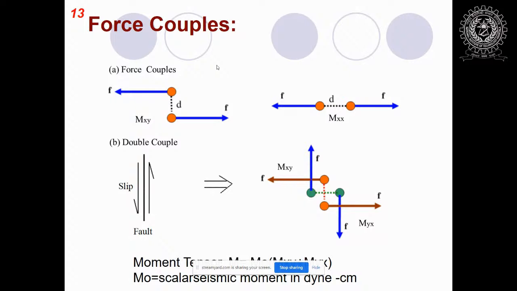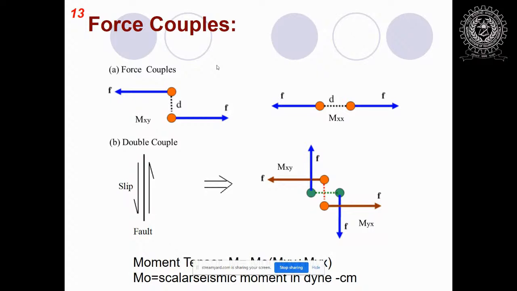On the other hand, if you look at the cartoon number B, it shows a different kind of couple, which is known as a double couple, because two sets of opposite forces are acting simultaneously. One is Mxy and another one is Myx. As you know that the earthquake occurs due to slip, and in figure B, slip occurs in the y direction. I have shown the slip direction in the y direction. So it seems that the Myx couple is intuitive because forces point in the slip direction.